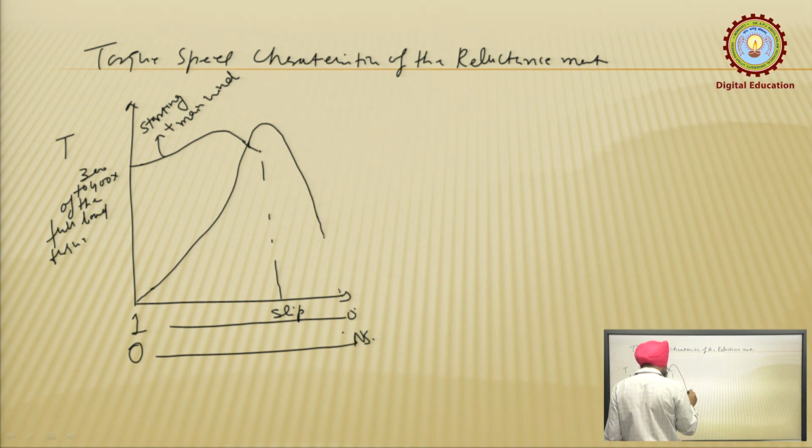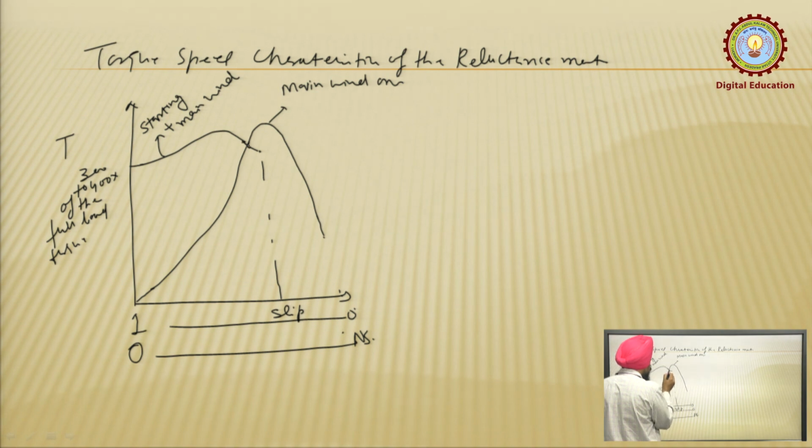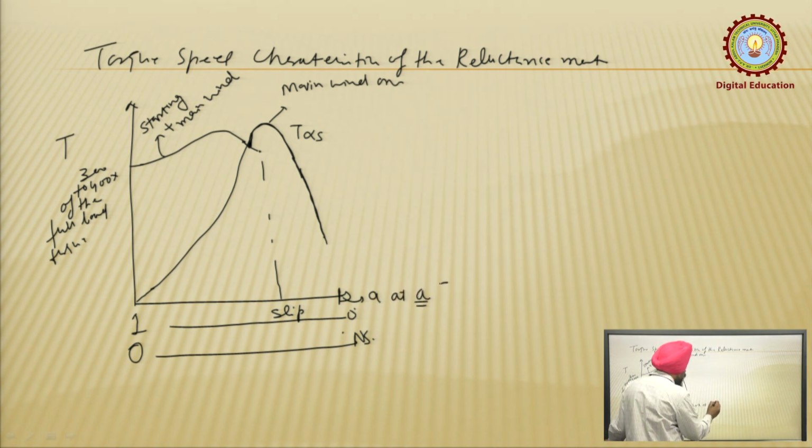What will happen at synchronous speed? Starting and main winding, we have the torque, and this is the main winding torque actually. This is main winding only. When the centrifugal switch operates from here, it moves on to the main winding. Okay. After this, torque is directly proportional to slip, it follows like this. Okay. At this point, when the speed is synchronous, see here, so let us suppose this is point A. At A, rotor speed is